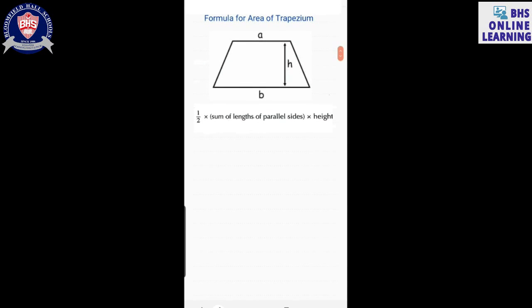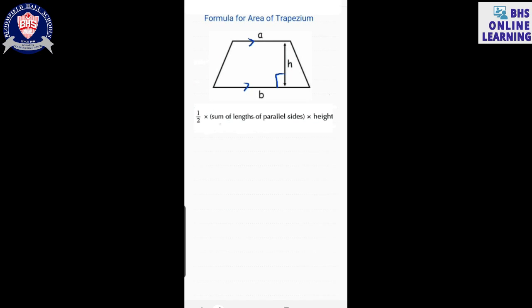Formula for the area of a trapezium. As I told you, a trapezium has one pair of parallel sides. This is the first parallel line. This is the second parallel line. And this is the height because it's the perpendicular distance between the two parallel sides. And the formula for the area of a trapezium is 1 by 2 multiplied by the sum of the lengths of the parallel sides multiplied